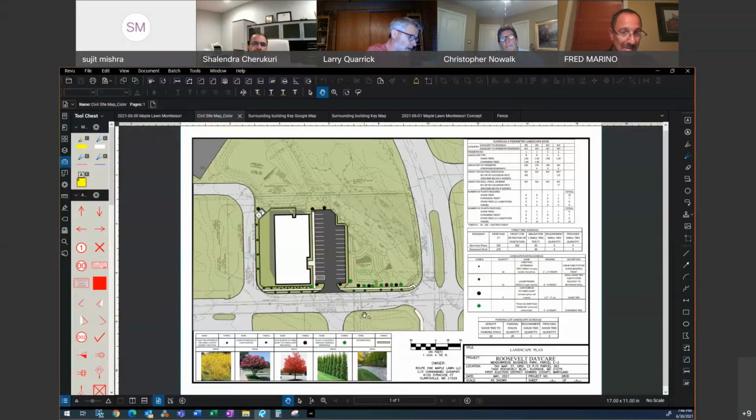Because I agree with my colleagues, it's just unfortunate you're going to have to put this play area where you're putting it. And the whole orientation seems wrong if at some point this is meant to be flexible and you want this to potentially be a retail center, which frankly, when I look at the design, that's what I see. I don't even see the daycare. So it appears to me that the driver here is retail, not daycare. So anyway, for what it's worth, it would have been great if there's a way for you to figure out how to make that happen and rotate this 90 degrees clockwise.